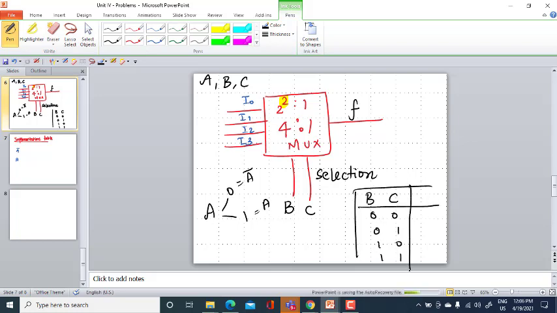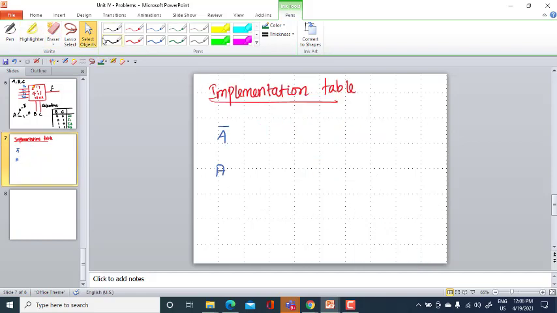So if it is 0 0, I0 will be selected, then I1, I2, I3 will be selected based on the input. Let me write the BC combination as I0, I1, I2, I3, because this is 00, this is 01, 10, 11.